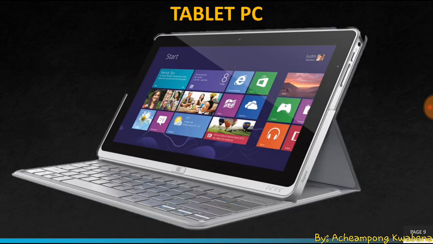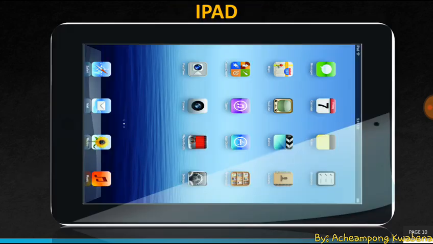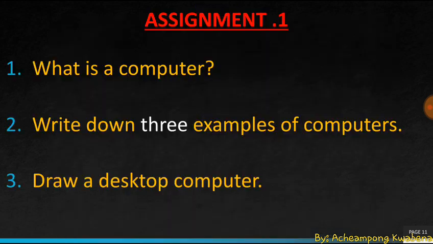And next, we have the tablet PC. This is how a tablet looks like, and it has an external keyboard connected to it. So it works the same way as the desktop computers and laptop computers. And next is the iPad. So the iPad is an example of a computer.